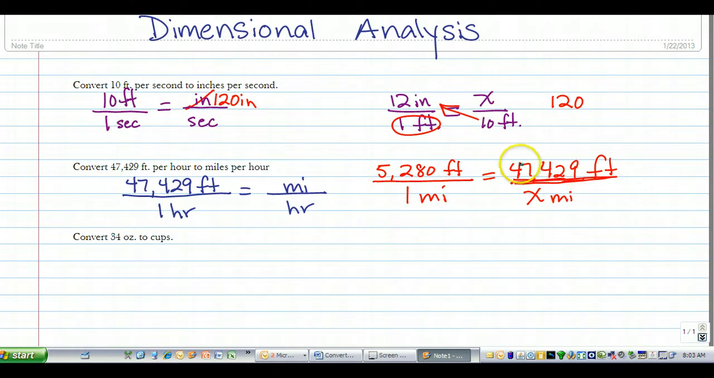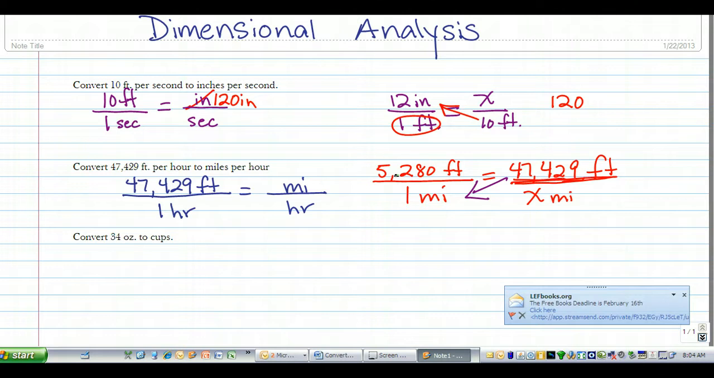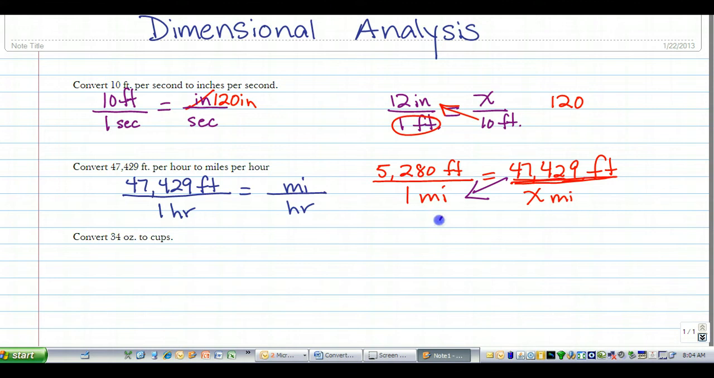Okay, so we are going to take 47,429 feet times 1, which gives me the same thing, and then I'm going to divide that by 5,280 feet. All right, so 47,429 feet times 1 divided by 5,280. Crisscross multiply, divide by the lonely guy. If we plug that into our calculator, we get